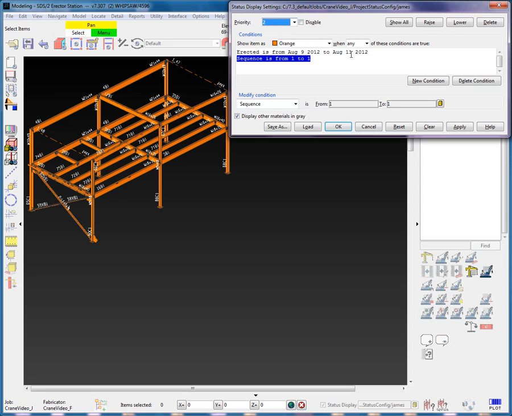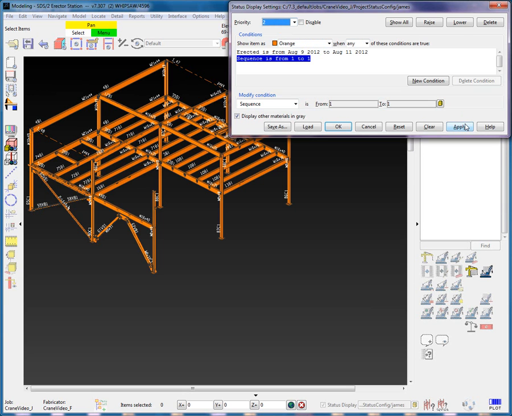Note that the disable setting will also move with the conditions. When the apply is used, the erected members in sequence 2 are now visible and orange. This is because the erected status condition is met and takes priority over the masking condition, which is now in priority level 3. Therefore, two key points to remember about status display configuration are that each priority will contain a